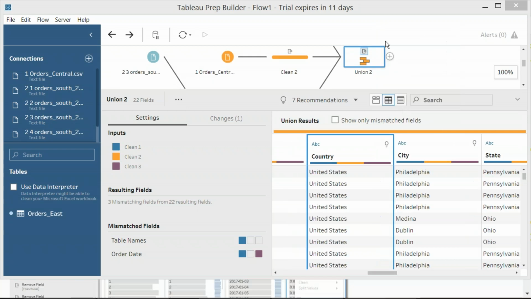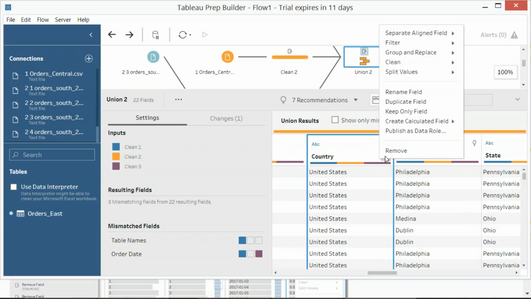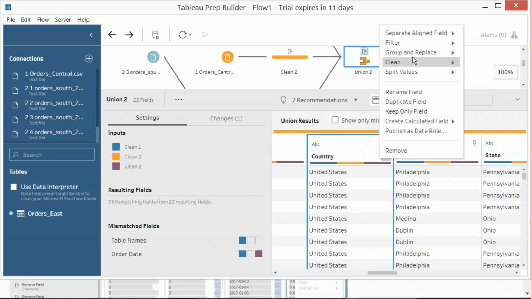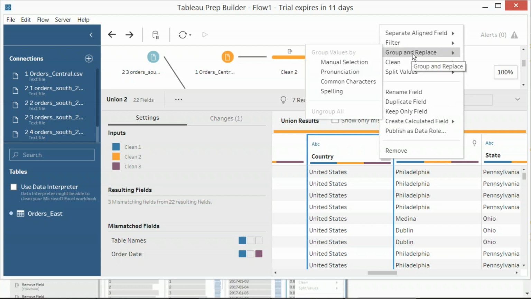Let's see. So for this purpose, click on country. I mean this one, friends. Click on the small dot more options and click here at this particular place, and then group and replace.